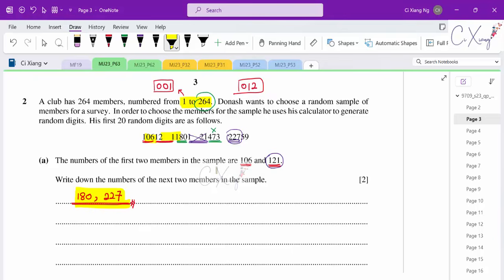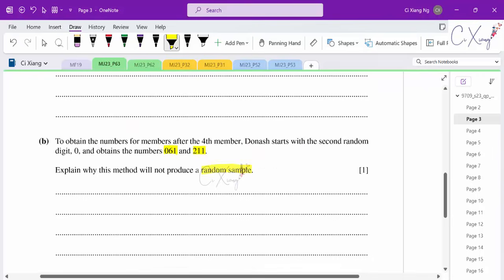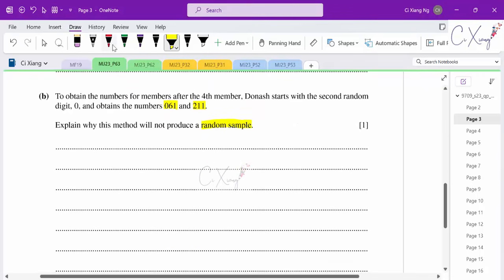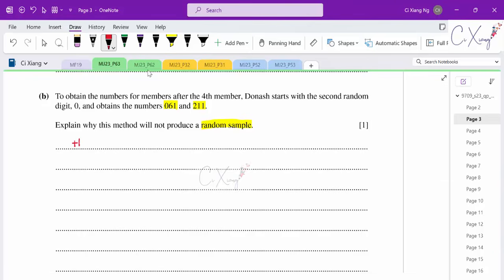Although the members that you selected might not be the same, it is not a good method because they are not independent enough. The numbers here are still related to the first round, when he used these numbers to select the members. So what we can do here is try to explain. You can use any way that you prefer. For me, from what I observed in the marking scheme,